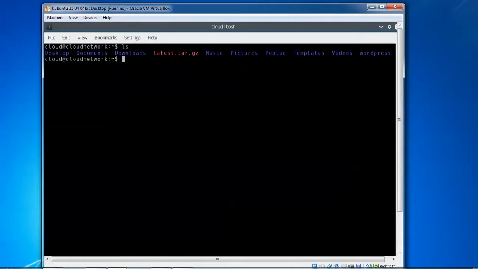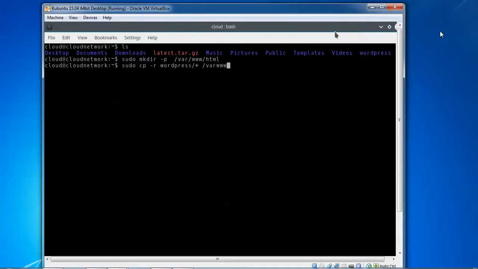Use ls to check. Here it is extracted, and here is my WordPress folder. After the extract, one folder is created. So I am going to type sudo mkdir, creating a directory, that means one folder, -p /var/www/html, press enter. Then type sudo cp, copying this folder, -r wordpress/*,